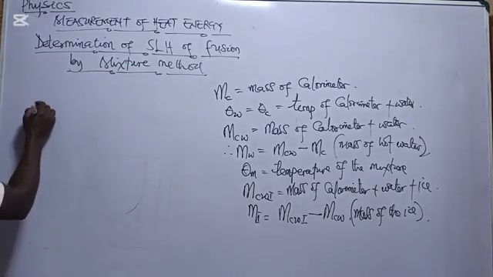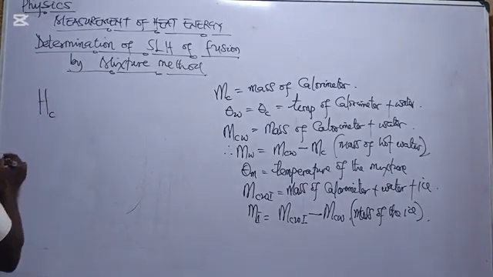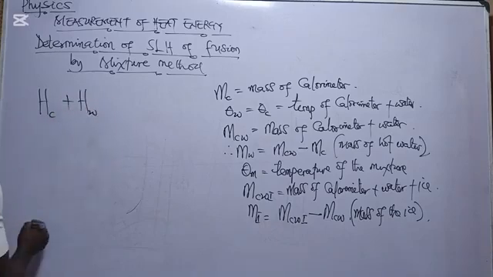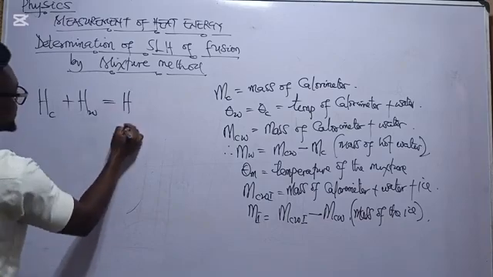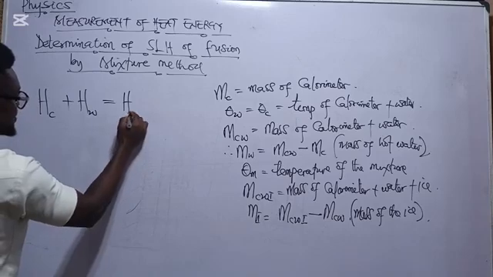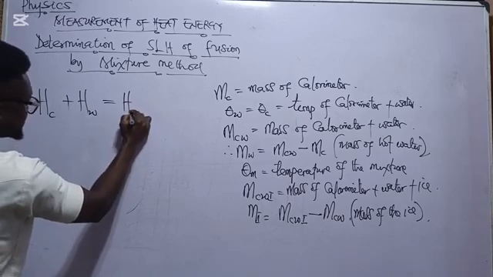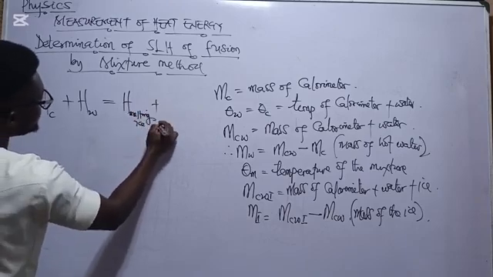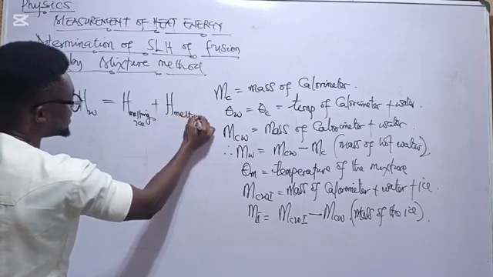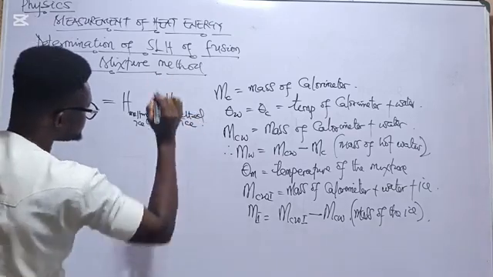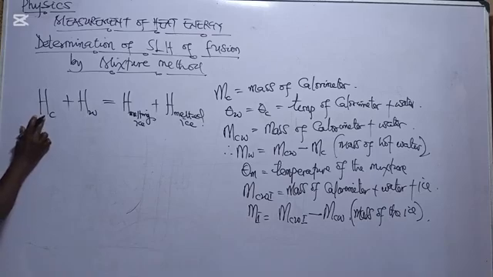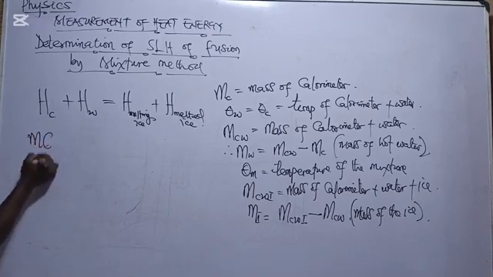So in that very case, the heat lost by calorimeter plus heat lost by hot water will now be equal to heat gained by melting ice, plus the melted ice. Okay, so at this very point, the heat absorbed by calorimeter is mass of the calorimeter, specific heat capacity